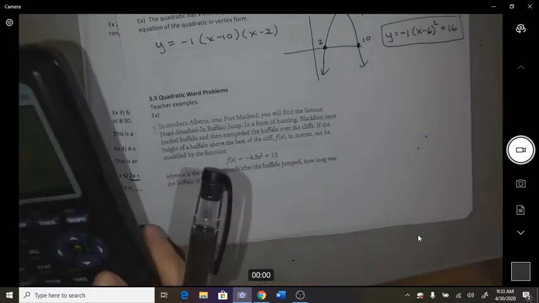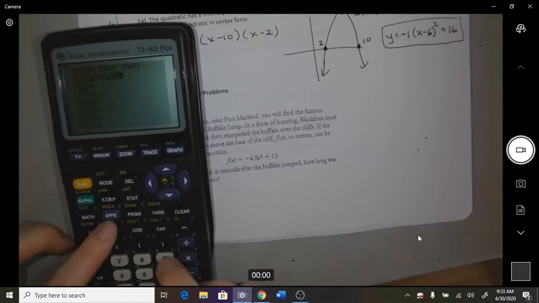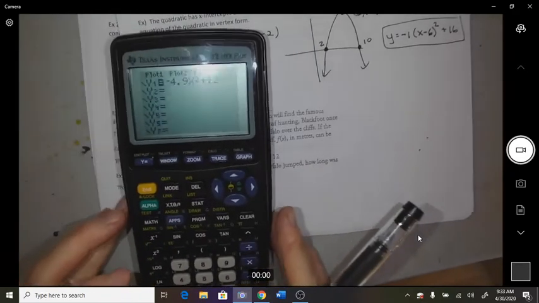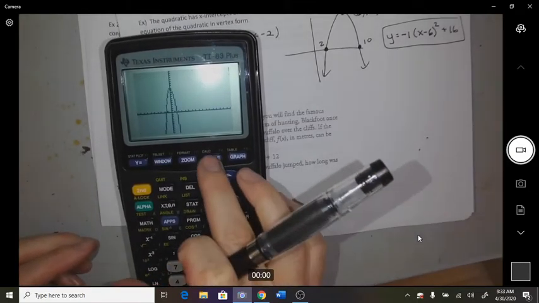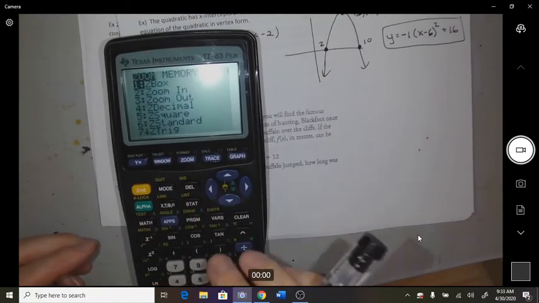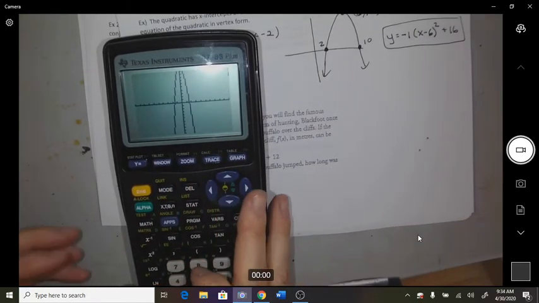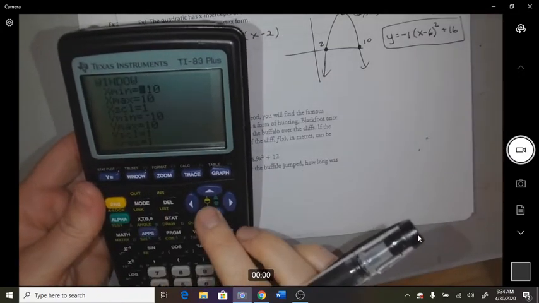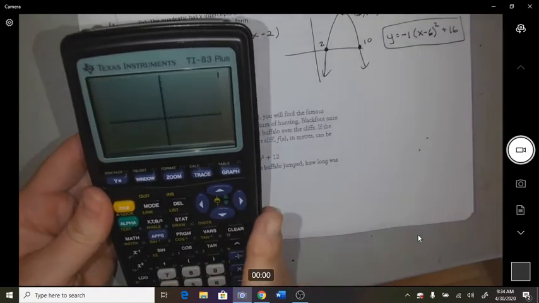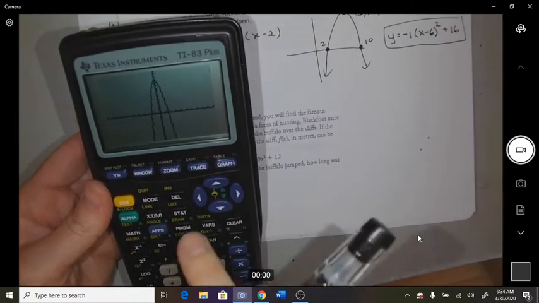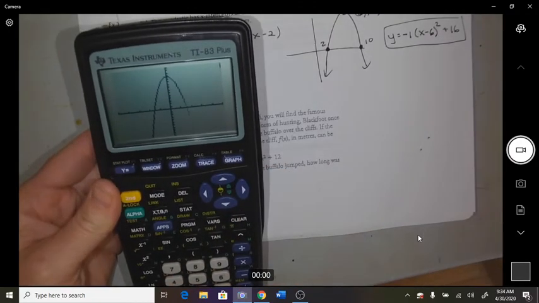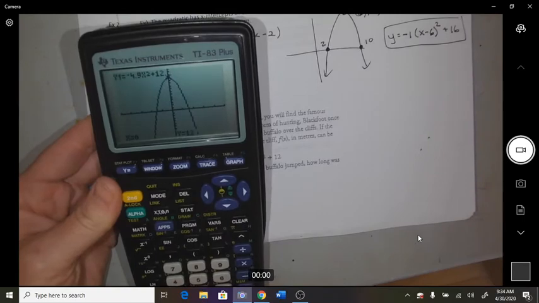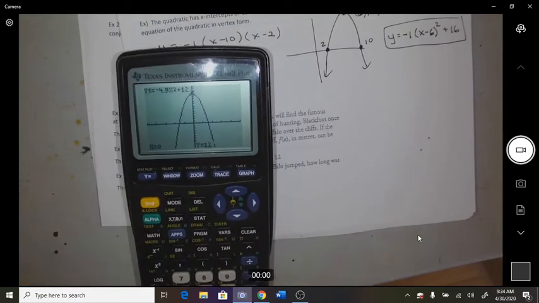Okay, so what we're going to do is we're going to input it. So y equals, we input it. We'll see what it looks like. If I just do a normal zoom 6. Okay, so I'm just going to adjust that, I want a little bit higher on my y. And if you really want, maybe we don't need as much x. Okay, so trace, so 0, so this buffalo starts 12 meters above the ground,